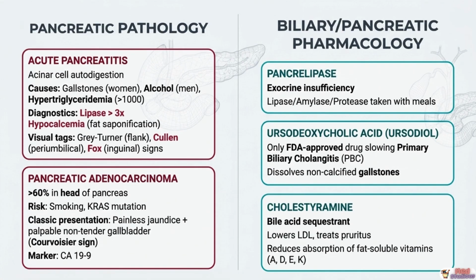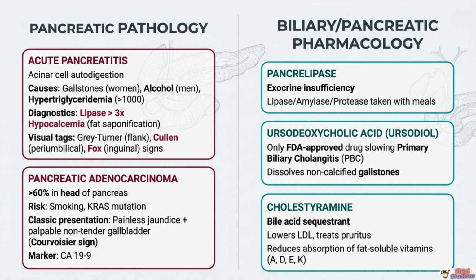Acute pancreatitis results from acinar cells digesting themselves alive. Premature activation of trypsinogen into trypsin triggers a cascade of autodigestion. Gallstones are the leading cause in women, alcohol in men, and don't forget hypertriglyceridemia above 1,000 as a less common but testable trigger. Diagnosis hinges on lipase rising more than 3 times the upper limit of normal, and hypocalcemia appears